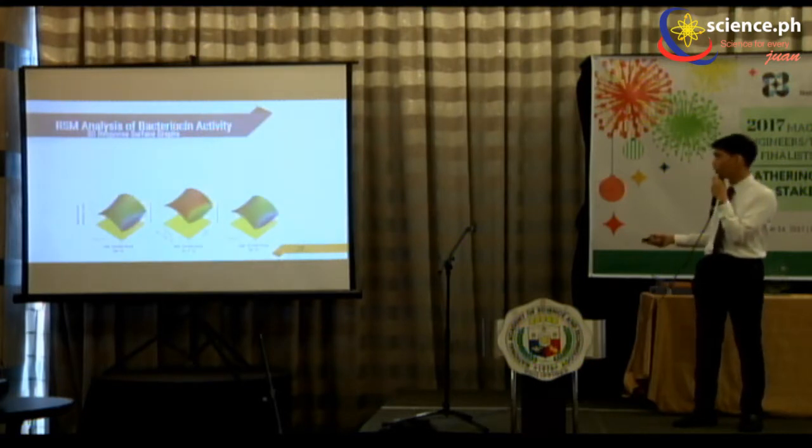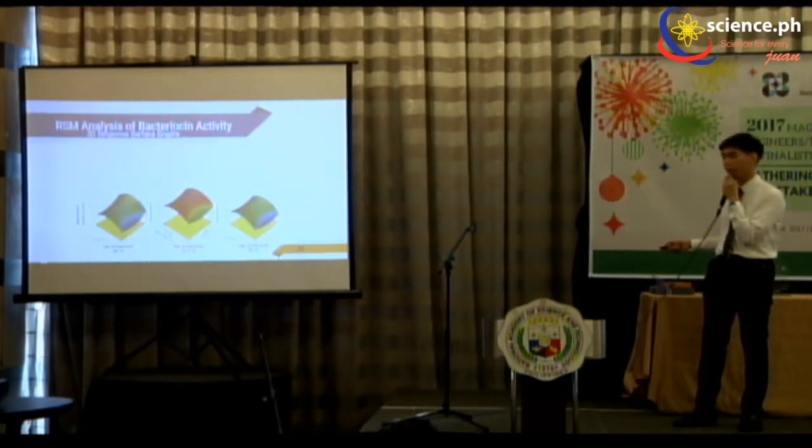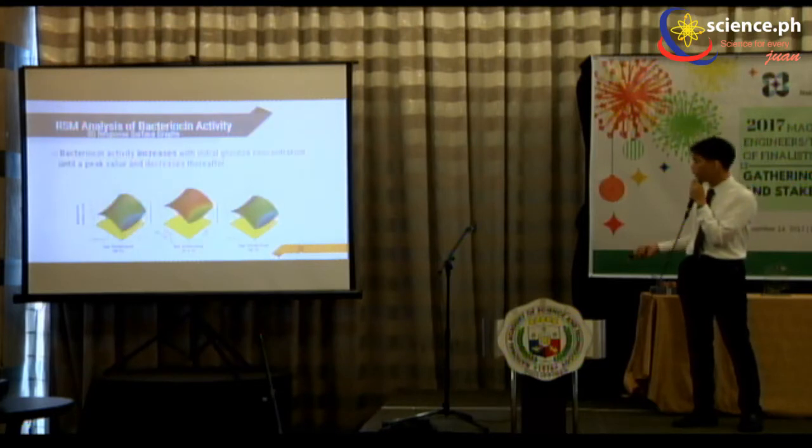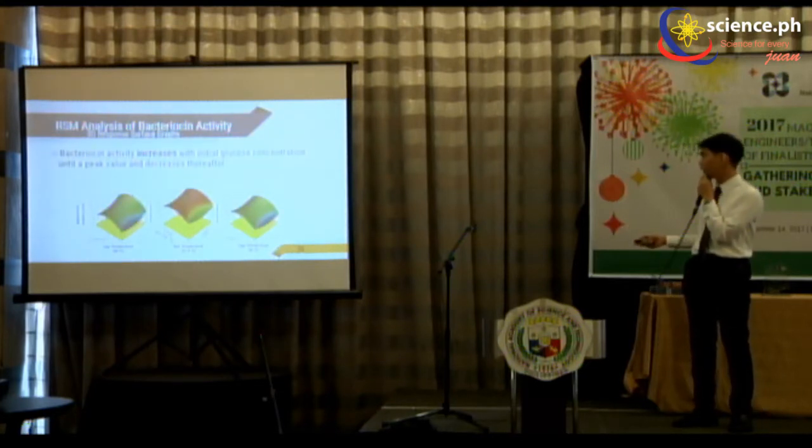And the desired outcome for bacteriocin activity response is a high value, and this can be observed to be highest at the mid temperature of 37.5 degrees Celsius. And from these graphs, you can see that bacteriocin activity increases with initial glucose concentration until a peak value and decreases thereafter. Also, bacteriocin activity decreases until